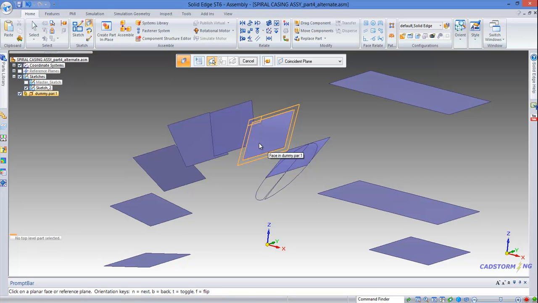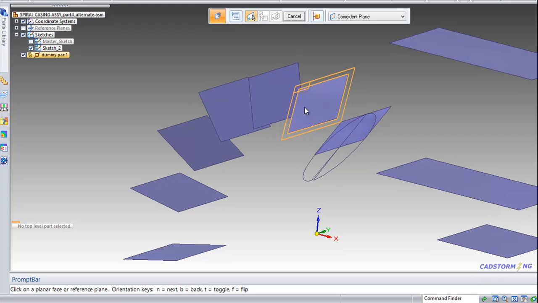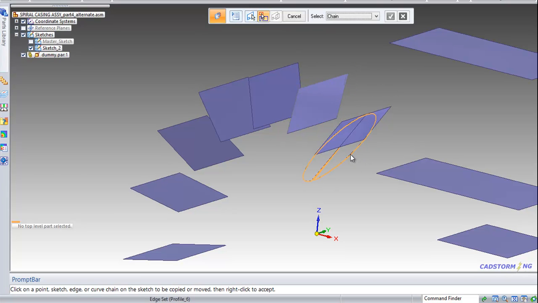So if you take a look at the prompt bar, you will see that you have some options to control the orientation of the plane. If you hit the N key, you will be toggled to the next possible selection. If you keep hitting the key, you will go to the other one, and so on. Okay, so now I will try, let's say, this position, and then select the sketch again. As you can see, the sketch is flipped again. Deselect the sketch, go back to